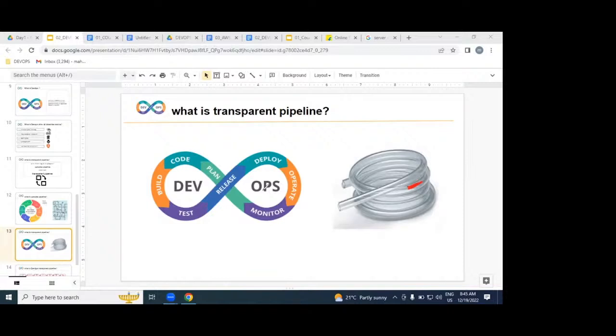Because DevOps is an automated process. DevOps is a transparent process. In the middle, if you get any issue or any problem,